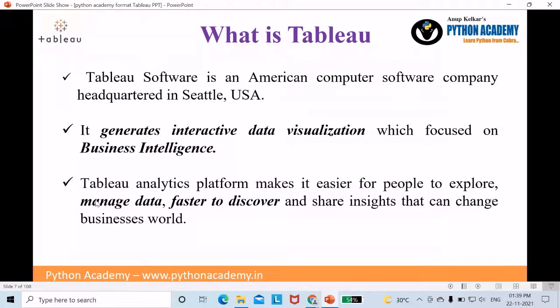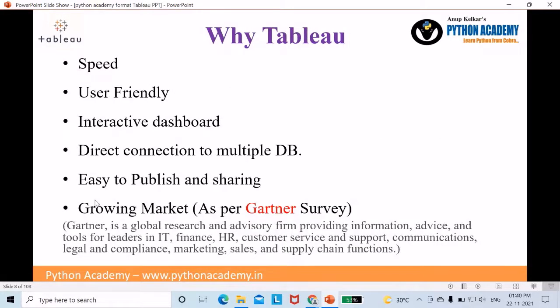Because the company's vision is to understand data visualization completely with the help of drag and drop technology. The company's new and innovative approach to building business intelligence with Tableau, and with the help of navigation of Tableau, you can come to know how the features are very easy and user friendly, that can easily be understood by customers. Next is why Tableau.